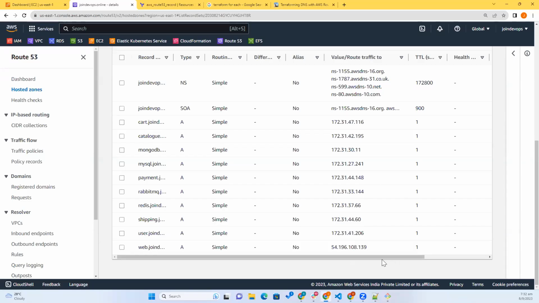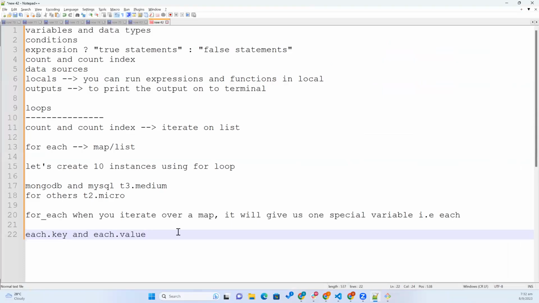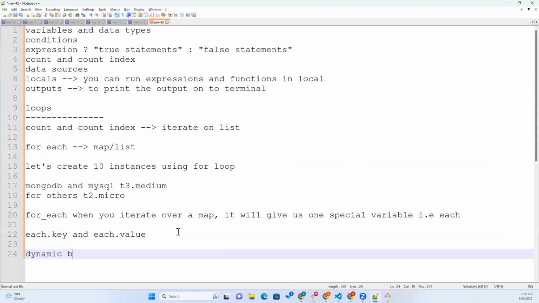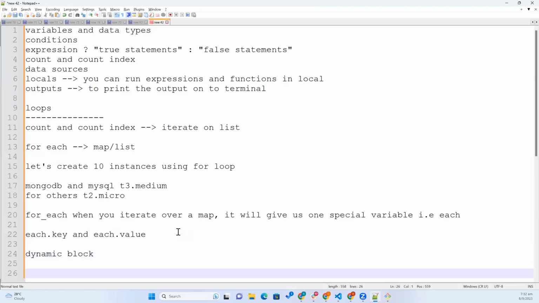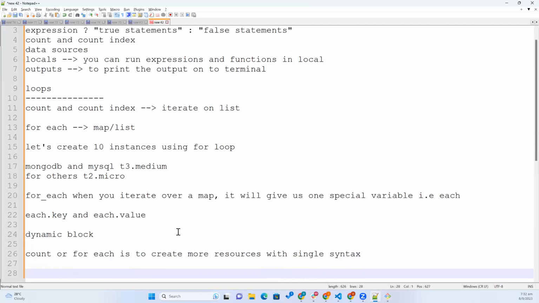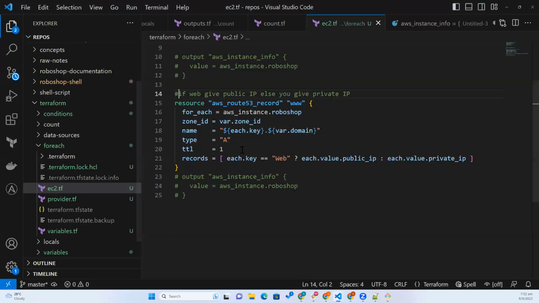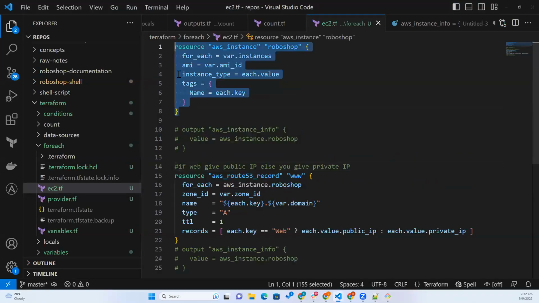So now we have one more loop, that is dynamic block. Till now, count or for_each is to create more resources with a single syntax, right? This is the purpose why we are using loops. Instead of creating 10 EC2 instances separately, we are just using one resource definition to create 10 based on the loop. Similarly, inside the configuration,